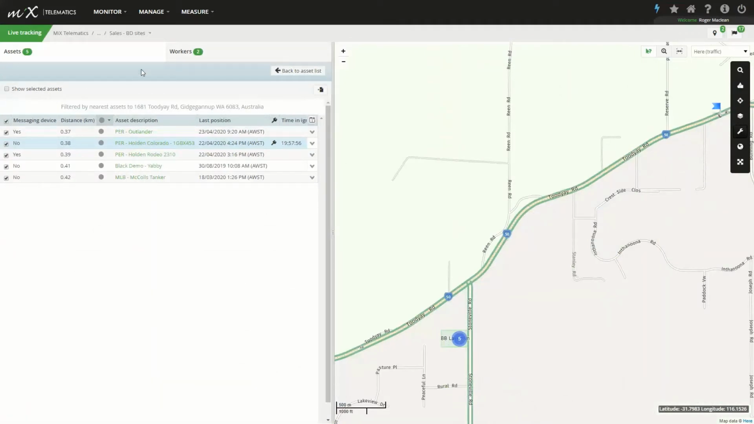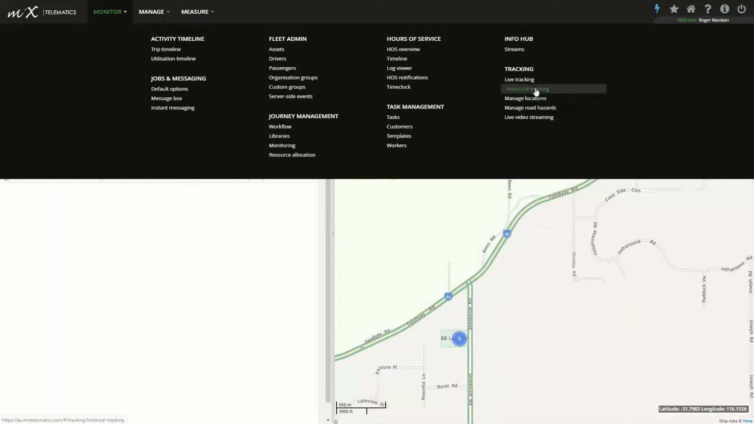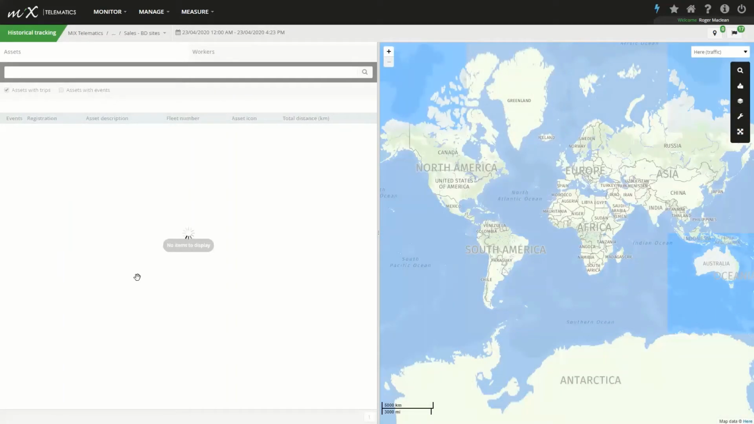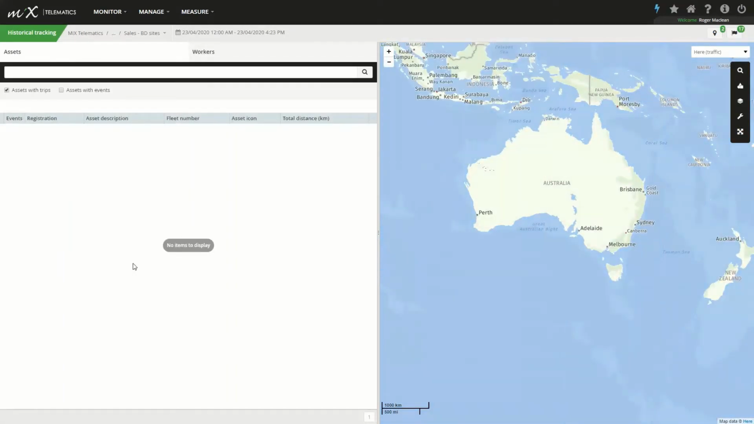So now we will go to historical tracking. So these are under monitor and under your tracking tabs, depending on your access, of course. And again, we have all the same options, but now under historical tracking, same with the map view. So the first thing we need to do is choose our time frame. So we can choose set dates or a drop down option. So for example, if we go last week, tick to apply,